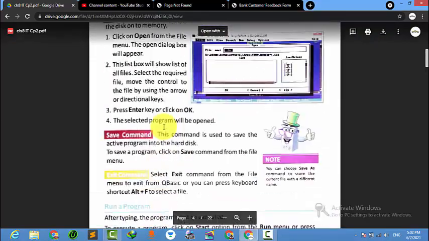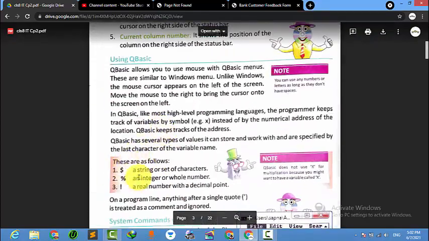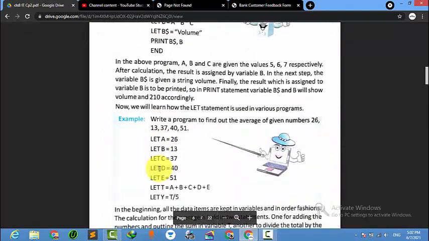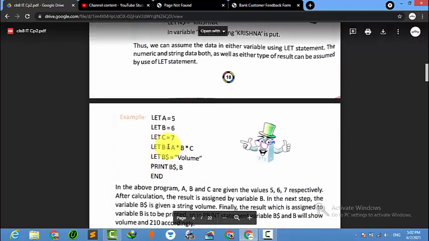Dollar means that it is alphabet, so in order to use alphabets, we need dollar. Now how will it print? The print will be like this: b dollar will print volume, and b is 210, because we already multiplied these 3. So now the statement will be: print b and c.